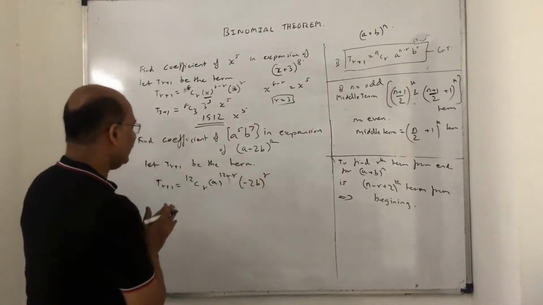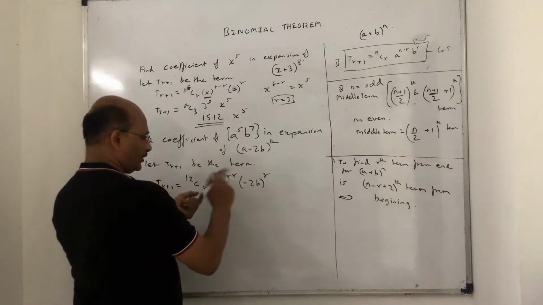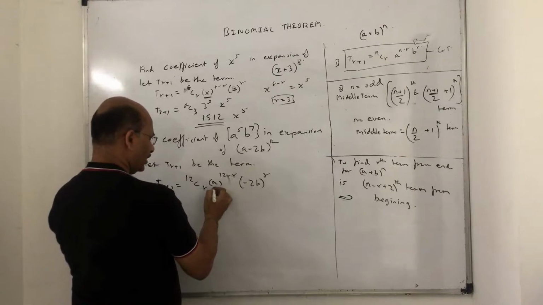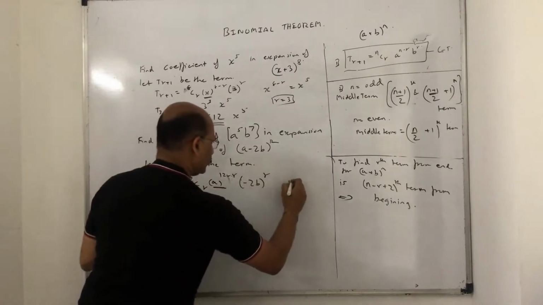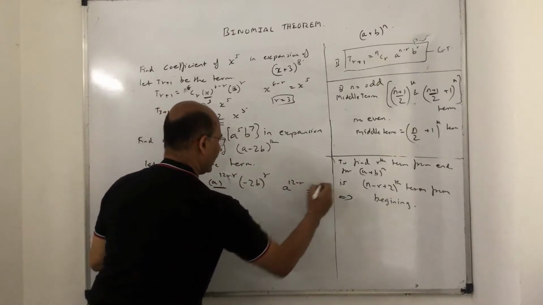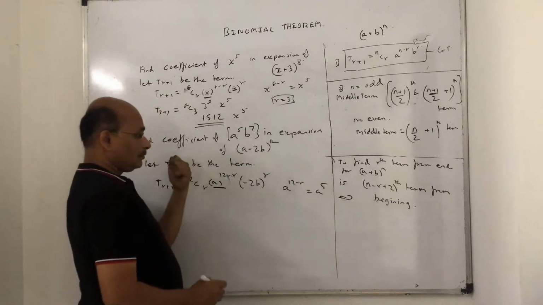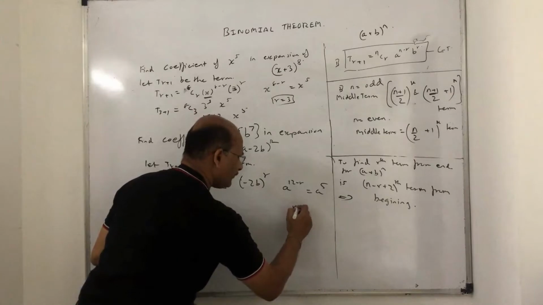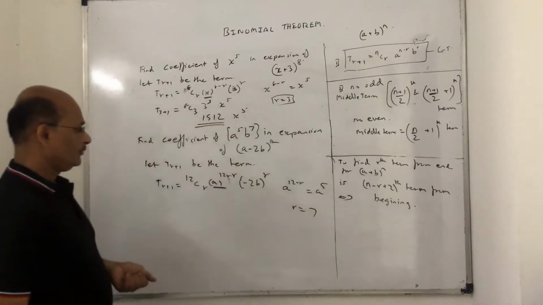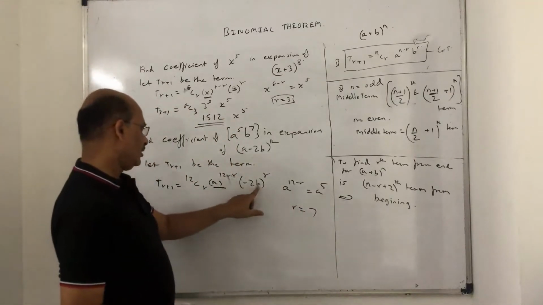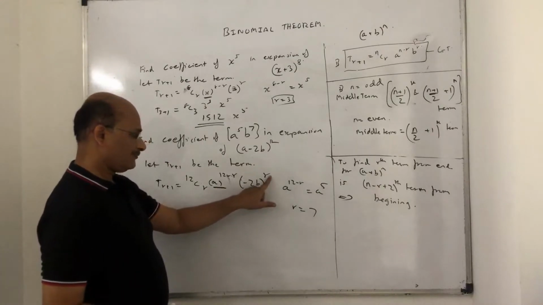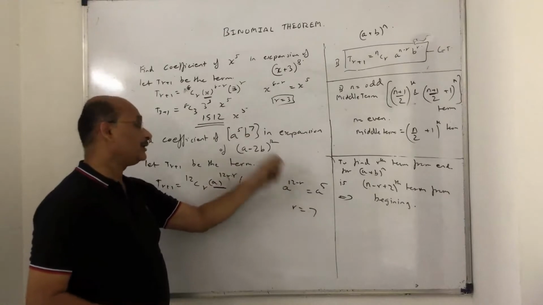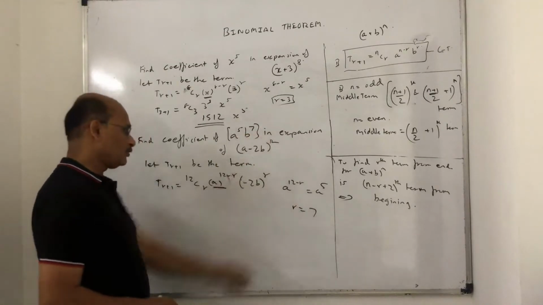So now they are telling, you can compare any one coefficient because the other will fall in line, don't worry. a raised to 5 I want. So a is here. So a raised to (12 minus r) should be a raised to 5 because I want the r value. So if you see here, r will be nothing but 7. Right? So finish now. So b raised to 7, automatically the other variable will fall in line. Don't worry. So r is 7.